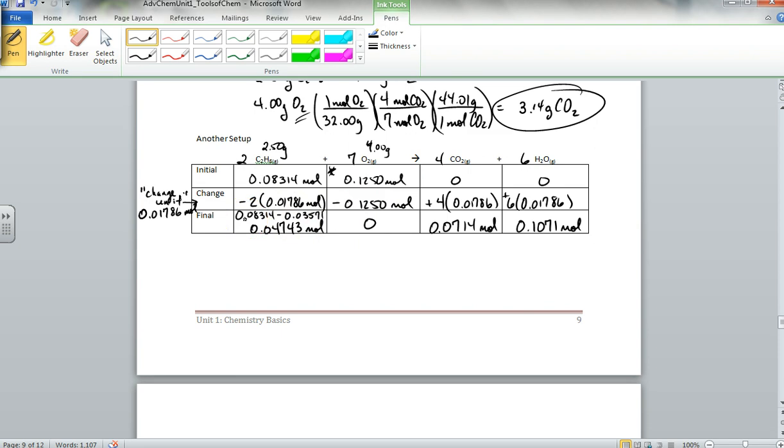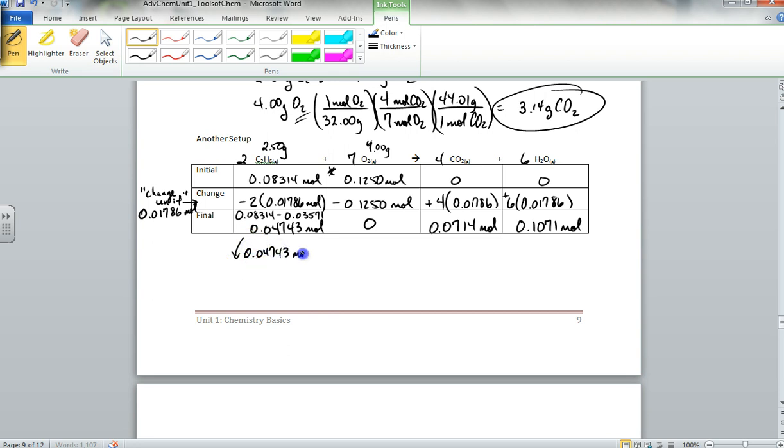Wow, that's a lot of work to this point. We've filled out this table. We know how much we started with. We know how much it changed by. We know that we have amounts of our products and one of our reactants left. The last thing, let's say that we are just going through and calculating everything possible. Let's say that they wanted to know how much ethane was left. So if we convert this